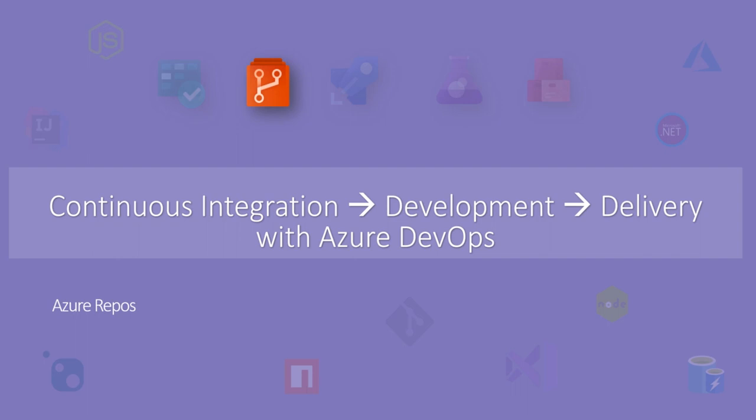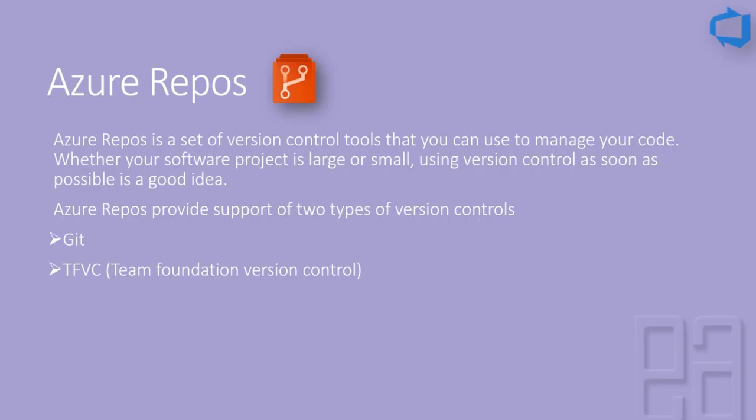And in this section we are going to be talking about Azure Repos, and in this video we are going to be talking about an introduction to Azure Repos. Azure Repos is a set of version control tools that you can use to manage your code. Whether your software project is large or small, using version control as soon as possible is a good idea. And again, Azure Repos provides support for two types of version control systems, which are Git and